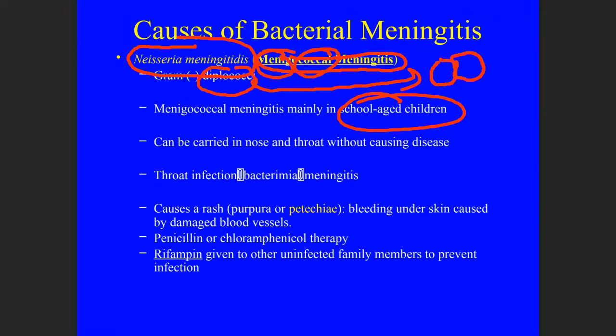This one is also, again, surprise, surprise, transmitted through salivary secretions, and it will initially cause an infection in the throat, and then it spreads into the blood, causing bacteremia, and the blood carries it to the meninges. So again, throat, blood, meninges. That seems to be the common theme here. So even though it's transmitted the same way as the others, there is one sign that is unique to this type of meningitis that we do not see in the others. And what that is